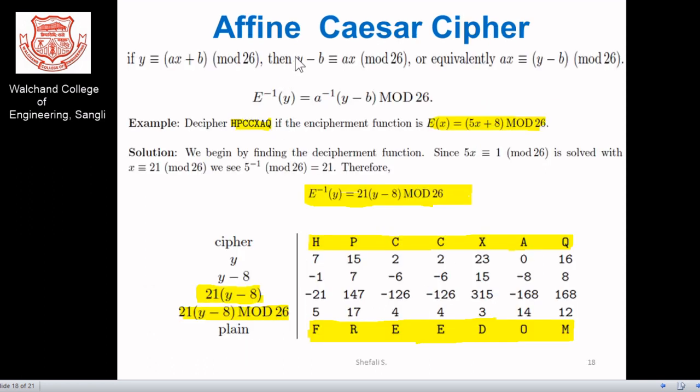We need to go for some examples. So in the affine Caesar cipher, suppose the cipher is congruent to Ax + B mod 26. Why am I saying congruent? Because if I go for only equality, then only one cipher is possible. We may have a combination of A and B which gives multiple ciphers from the same plain text itself.